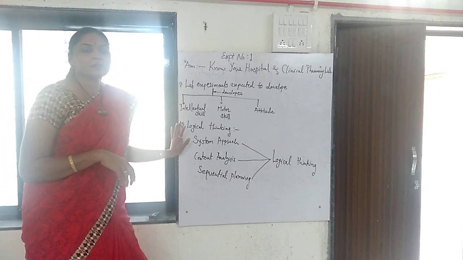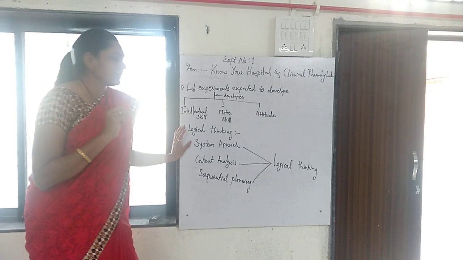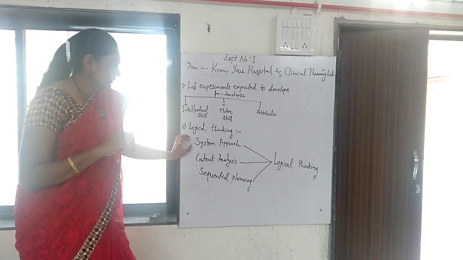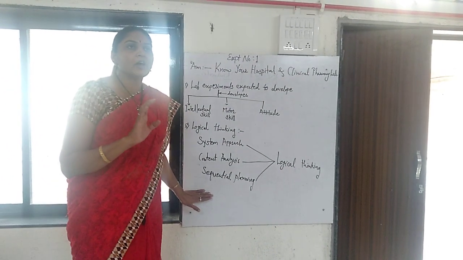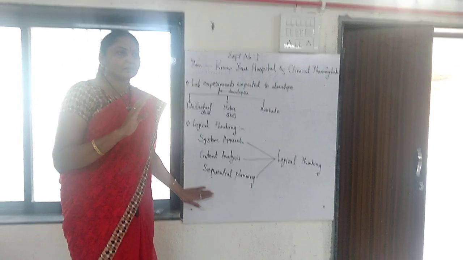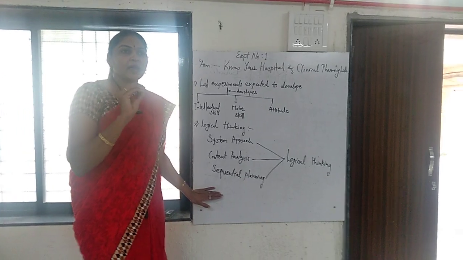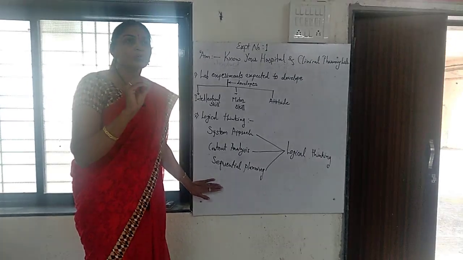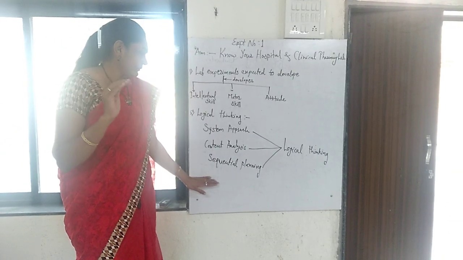Next, you should think. Logical thinking must be followed while performing your experiments. That is, when you have to do anything, you have to plan first. Sequential planning. When you have to go to any place, first you have to plan. That is, we have to go to that place. When we have to go, what things are we requiring. That is the sequential planning.